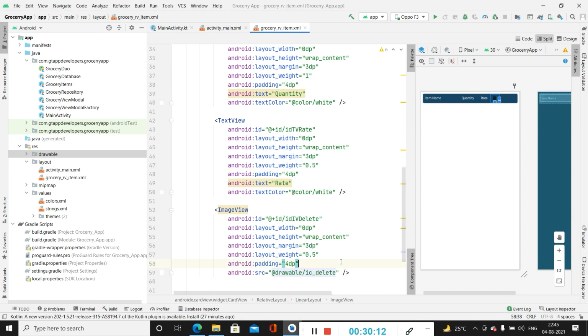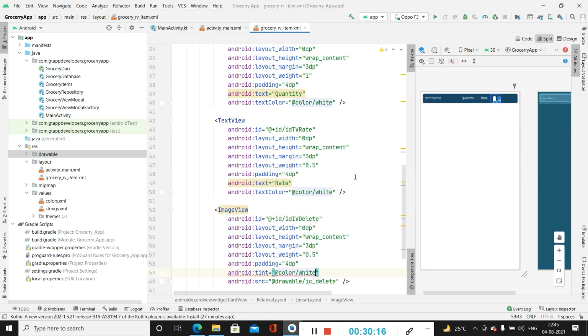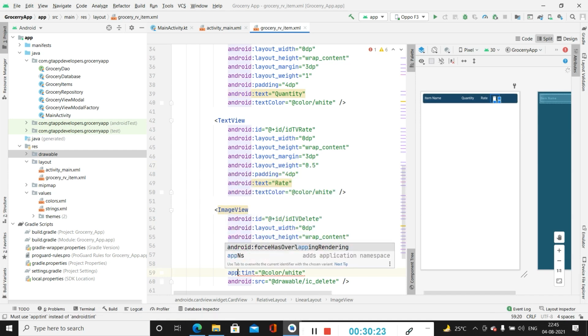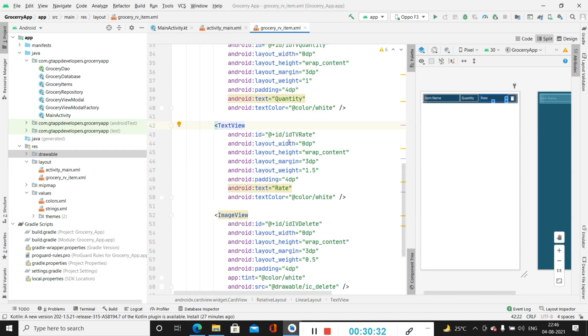Then we have to specify the icon tint. Here we will be increasing our weight to 1.5 so that it will be equally distributed. Now the item has been arranged properly.